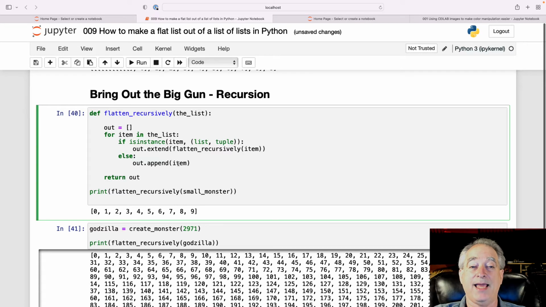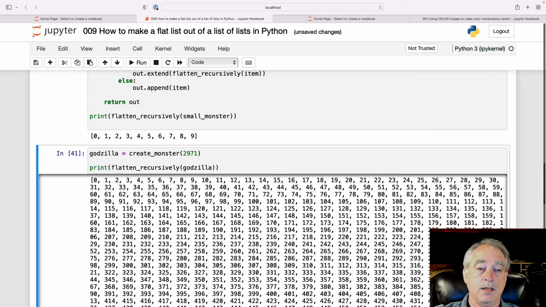Otherwise, hey, it's just a single thing. I'm just going to append it on the end of there. And then when I get done, I'm going to return everything I've gotten either to the layer up or to the thing that called me. And sure enough, when we call this, it works brilliantly. Now,